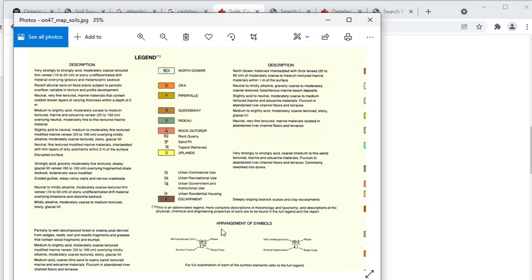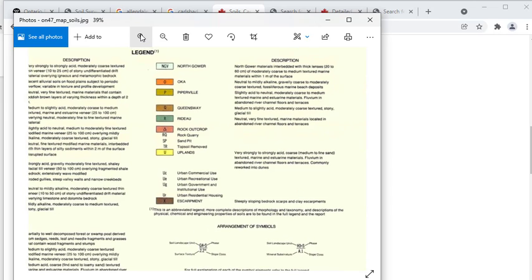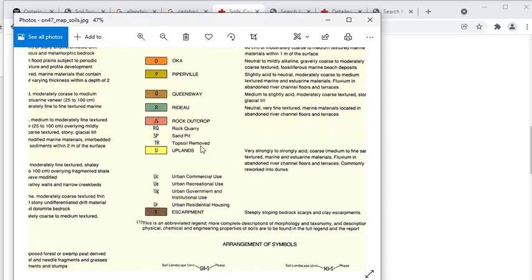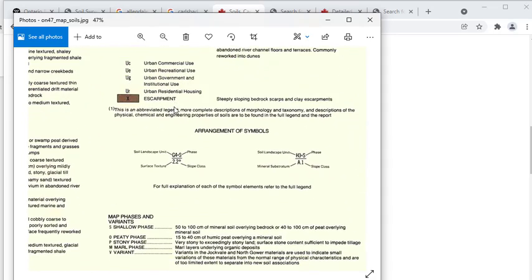Here is a symbol that you need to understand to read what soil type it is. You see the arrangement of the symbol. What is on top is the soil landscape unit, and what is at the bottom is the texture type, your surface texture.